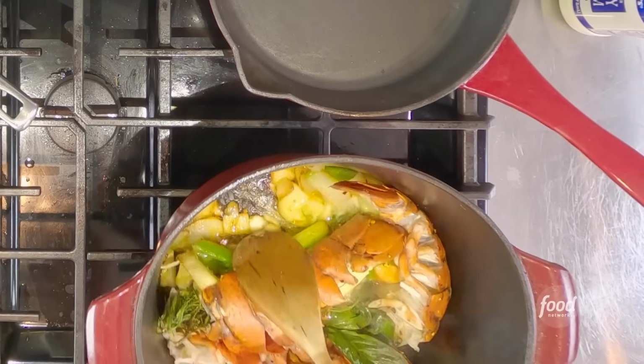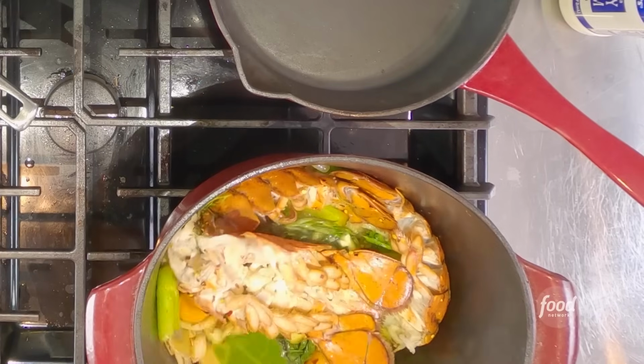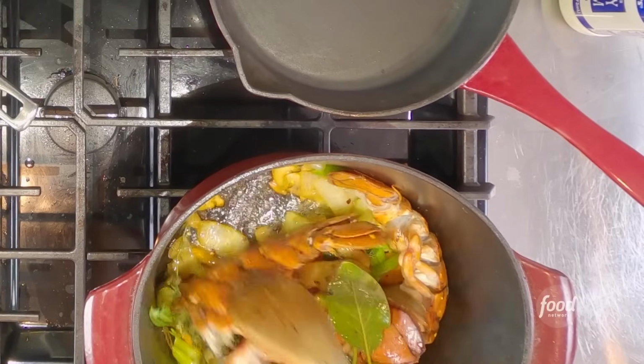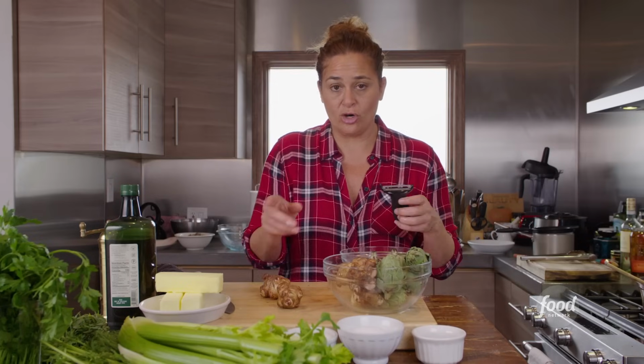So again, multitasking, coming over here, checking in on our lobster broth. And look, you can see under here, look at all those beautiful vegetables, caramelized, all that chili flake, all of those herbs. Okay, so we're gonna start to peel these sunchokes and get them boiling in cream while we have